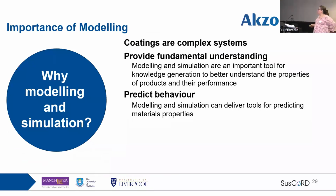So from an academic point of view, why are we interested in modeling and simulation, and in particular for this project? Coatings are complex systems. You have heard this phrase more than once through this meeting, so I'm not going to elaborate more on that. But modeling and simulation can provide fundamental understanding and can help us to predict behavior. Fundamental understanding comes out of knowledge generation, and we want to better understand the properties and the behavior of the coating. For predicting behavior, we need to develop models that have been validated,